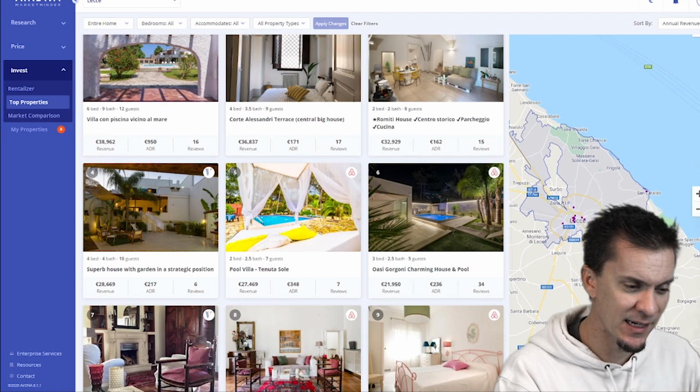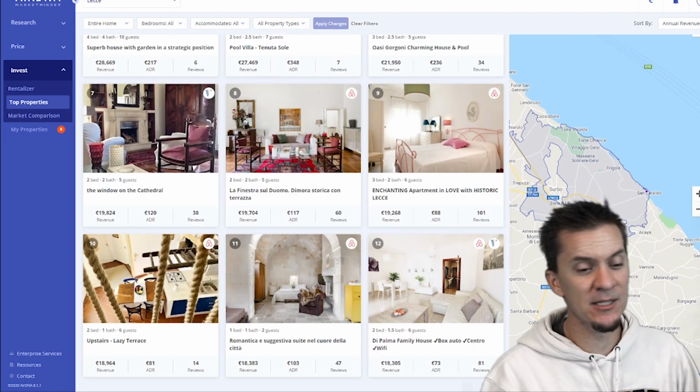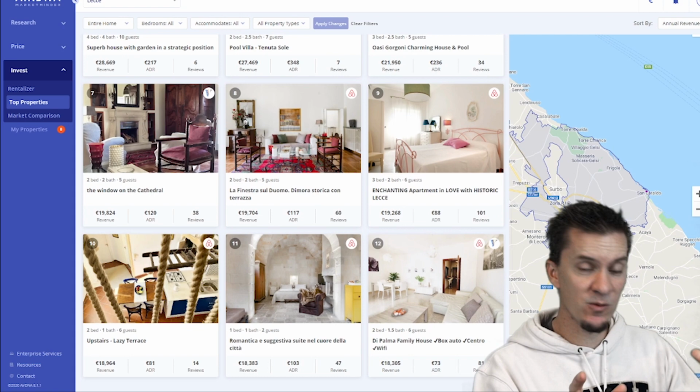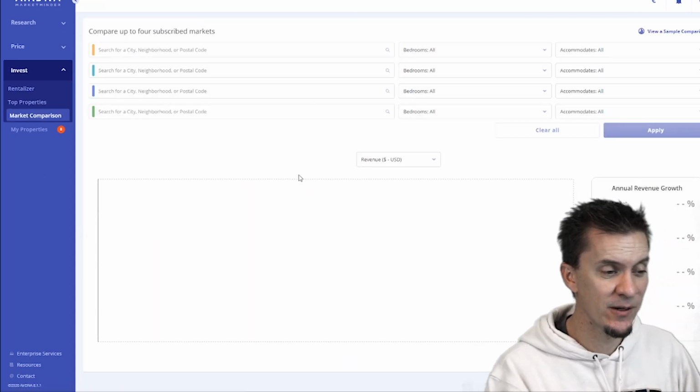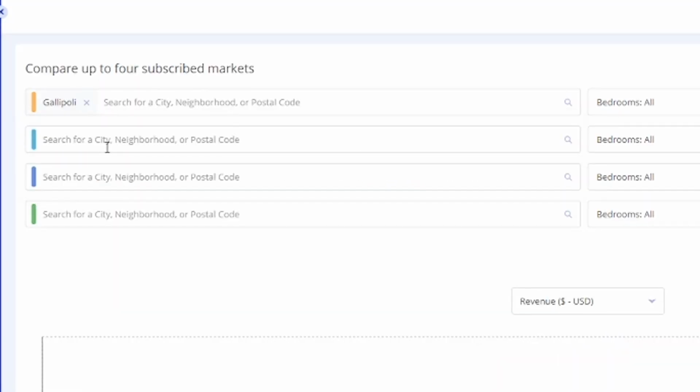They like to do that kind of thing. If I want to have the best property in the area, this is what I'm competing with. And it's nice to see that way. The very last thing here, if I want to choose two of my areas and compare them, and I just